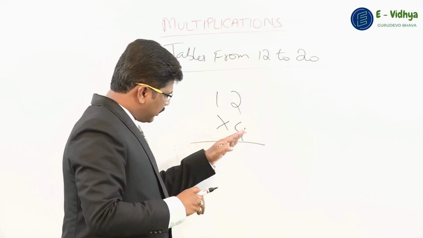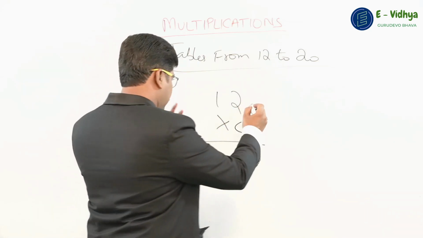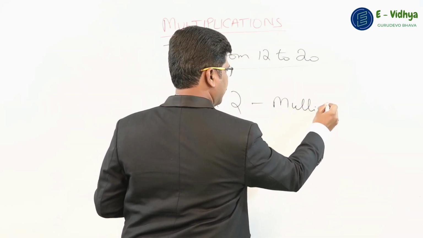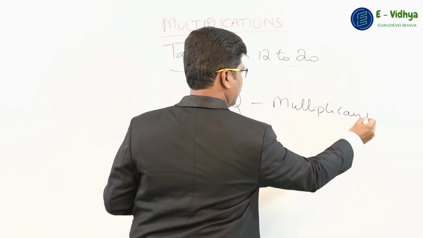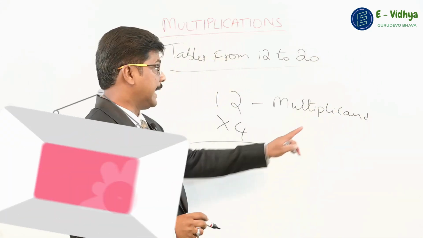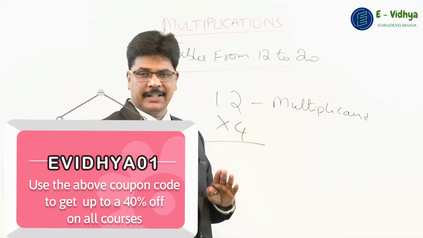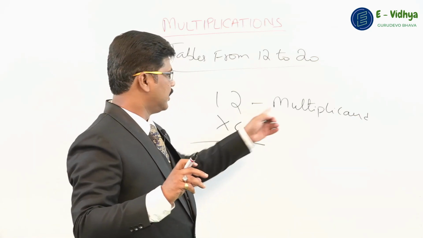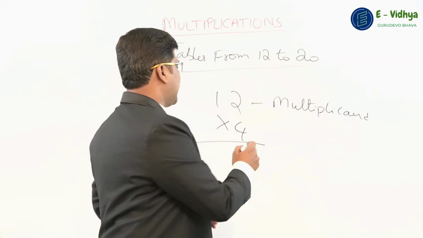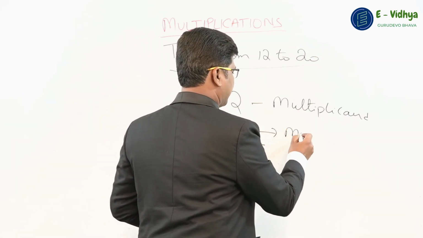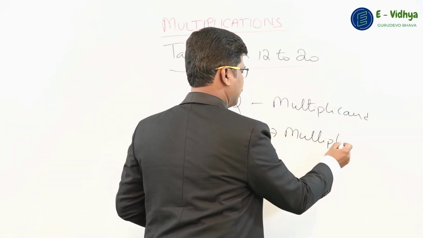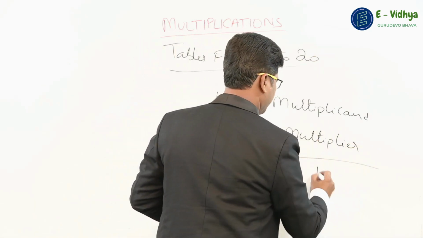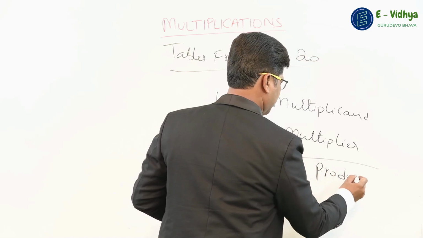The top number, whatever you get here, is actually called the multiplicand. Do you know that? Now mind you, it's multiplicAND, and mostly we get E-N-D: addend, minuend, subtrahend. But here, only in multiplication, it's called multiplicand. And the bottom number is called the multiplier. And the answer you get from that is called the product, right? This you're probably all aware of.